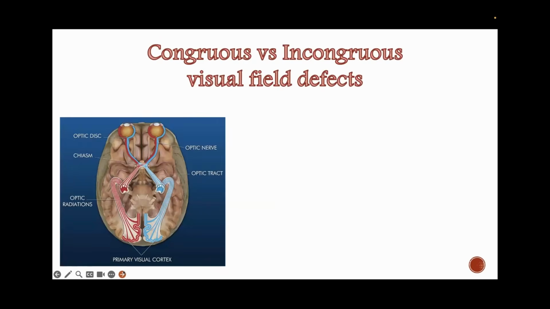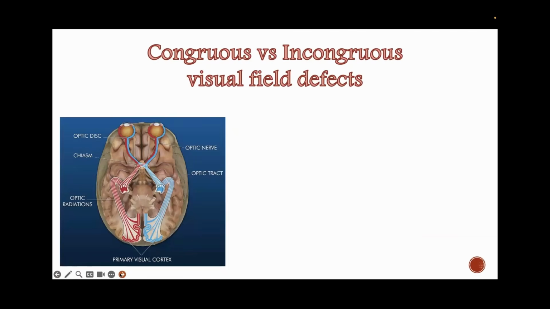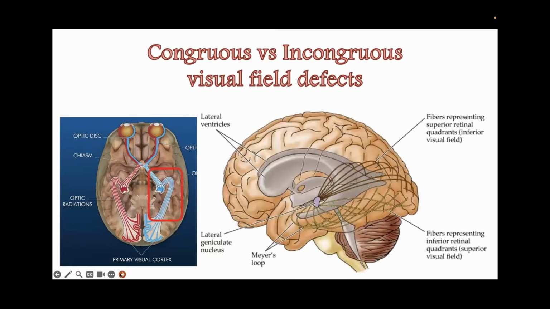So when we look at the visual pathway in 2D, it looks kind of like this. But when you look at it in 3D, at this particular retrochiasmal part of the pathway, it actually is like this. The fibers are spread out before they collect together again near the occipital cortex. So this was the retrochiasmal pathway as it looks in 2 dimensions. But when you look at it in 3 dimensions, this is actually how the fibers fan out.